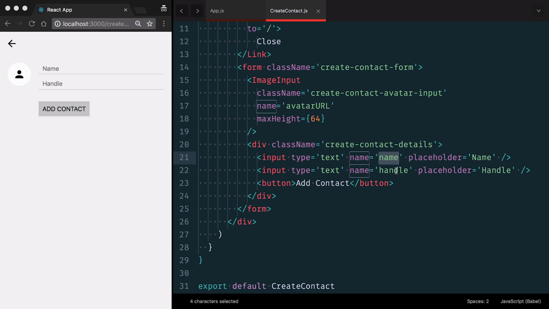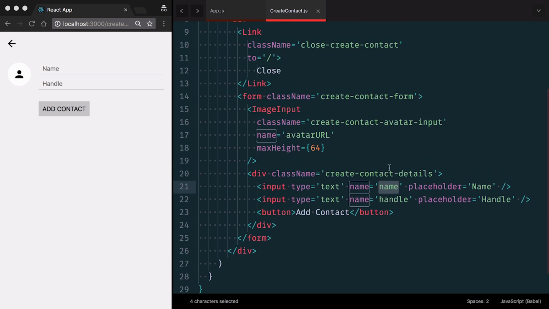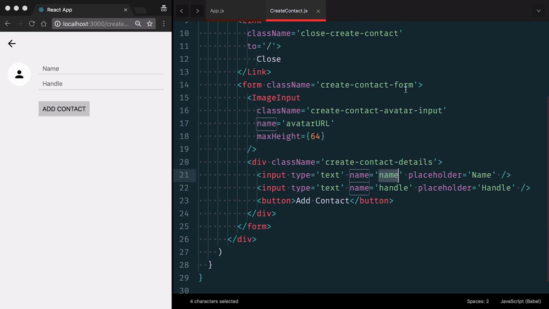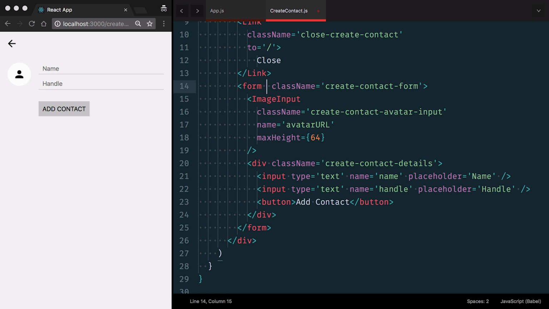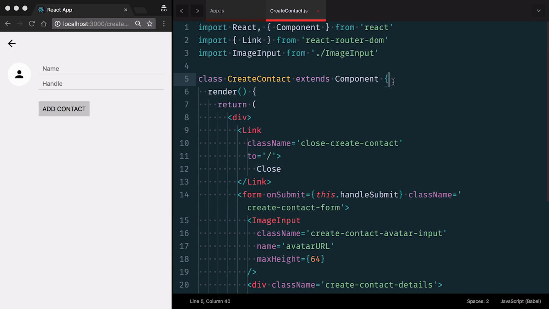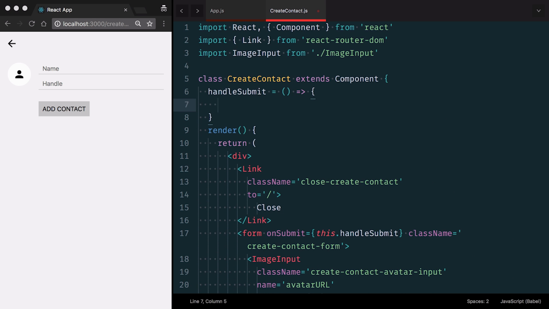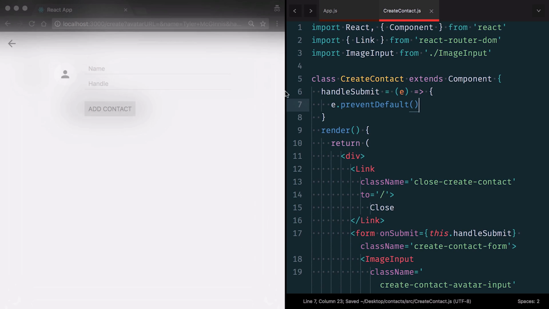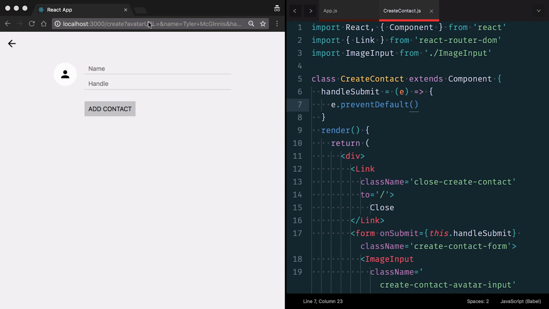So instead of having the browser take over this form when it gets submitted, let's control that ourselves. So what we'll do is let's add a new prop up here on our form called onSubmit. So this will be invoked when this button is clicked. And so then what we will say is let's call the handleSubmit method that we can create right now. So inside of handleSubmit, the very first thing we want to do is we want to tell the browser to preventDefault, which is going to prevent it from doing the thing which we just barely saw, which is putting all of this in the URL.